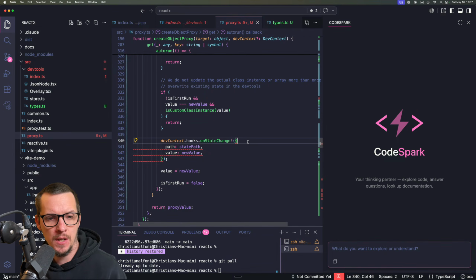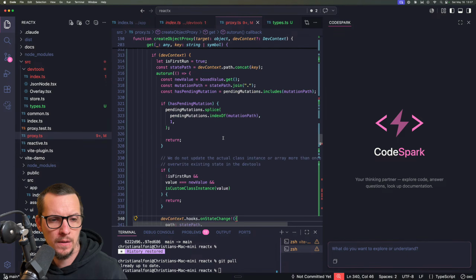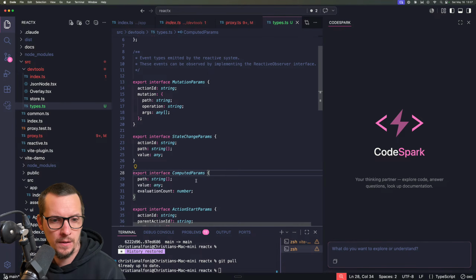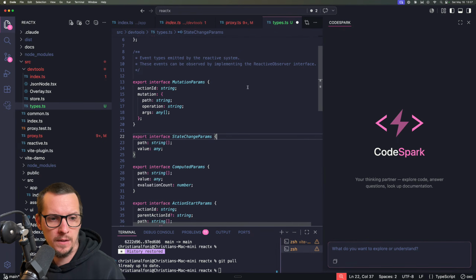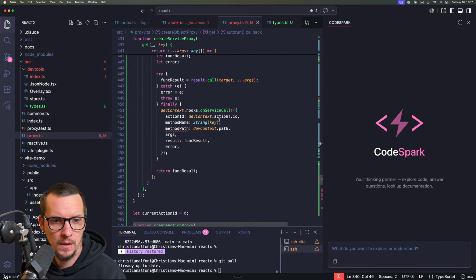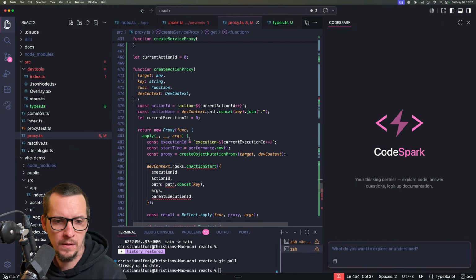So on state change, oh yeah, this doesn't have an action ID either. That's just updating the state tree. And then we have path, action ID,